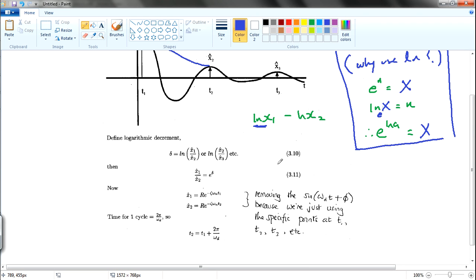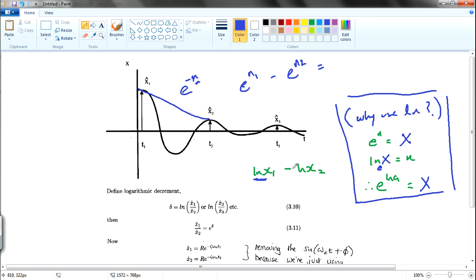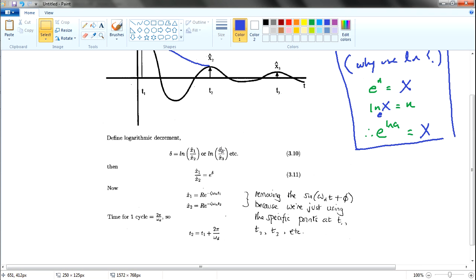So with this, you know that natural log x1 minus natural log x2 is just natural log of x1 divided by x2. This is the logarithm rule, if you forget. But nonetheless, let's go back. So with this concept,